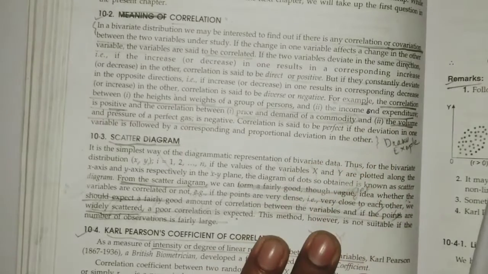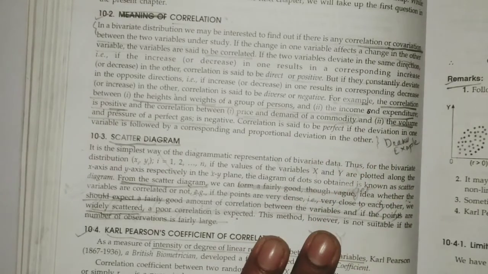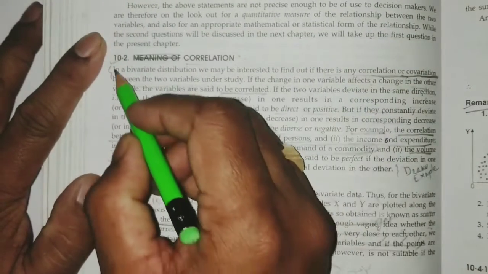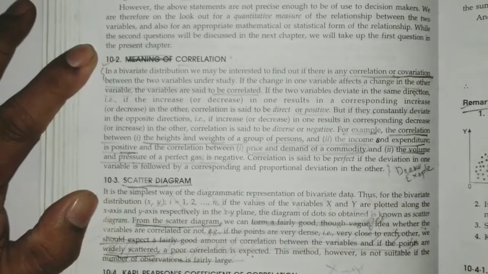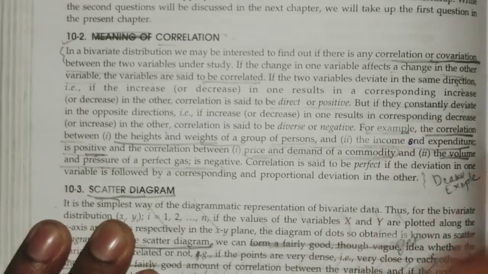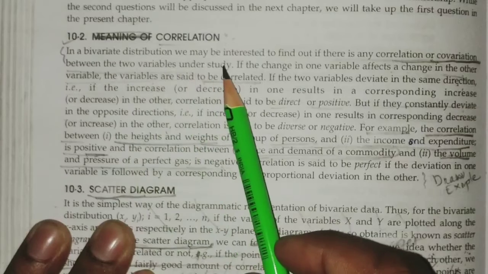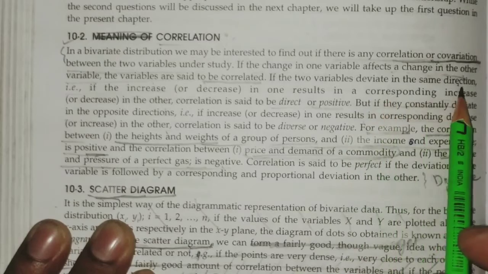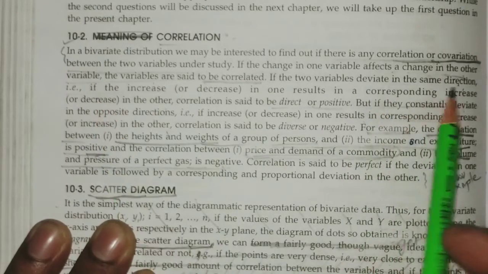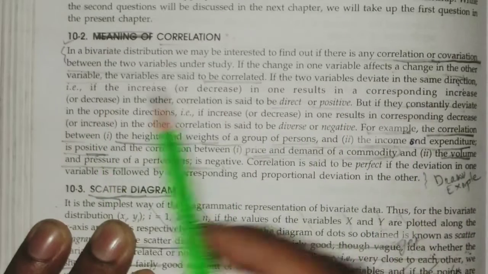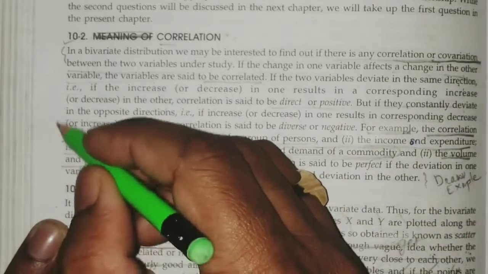Here I am going to give you the instruction. Carefully observe, and pause the video or write down the note. First you have to put the heading, correlation, whatever has been written, you just write down. It is easily readable, no problem. Whatever I have discussed is written. In a bivariate distribution you may be interested, and so on, everything has been discussed. If two variables deviate in the same direction, that is, an increase or decrease in one results in a corresponding increase or decrease, whatever we discussed, you just write down up to this much,